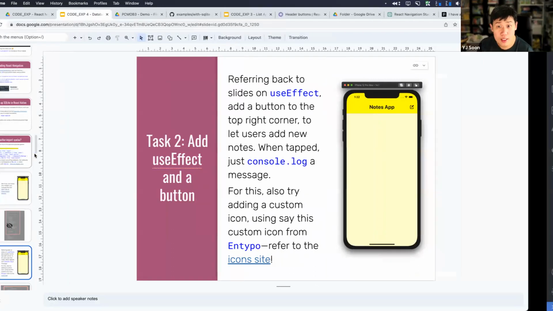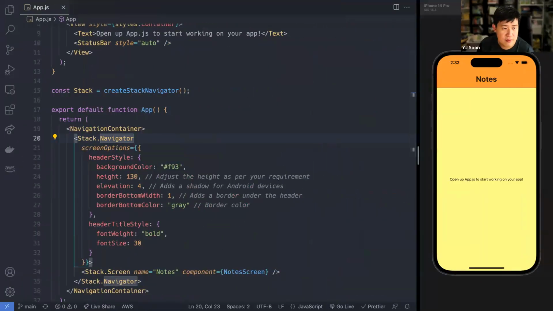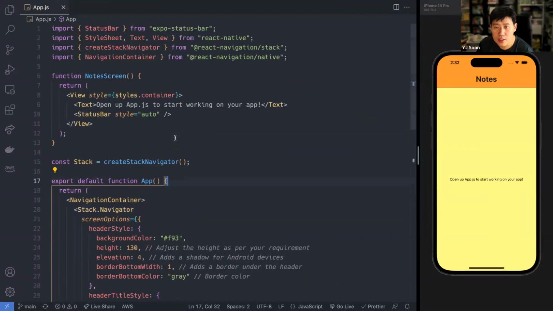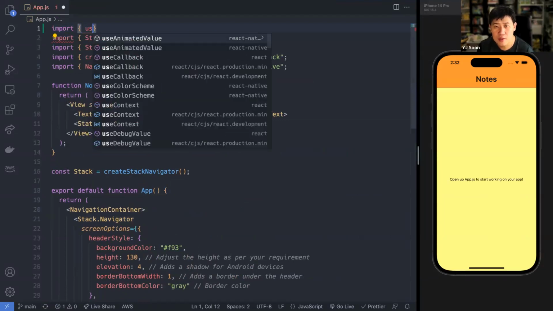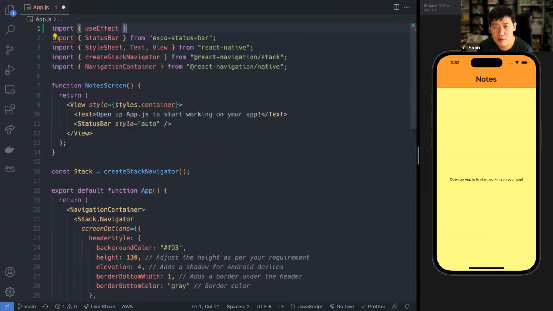The way you do that is by using useEffect. Over here, inside the note screen, you need to use useEffect, and in order to use it, you need to import useEffect from React.